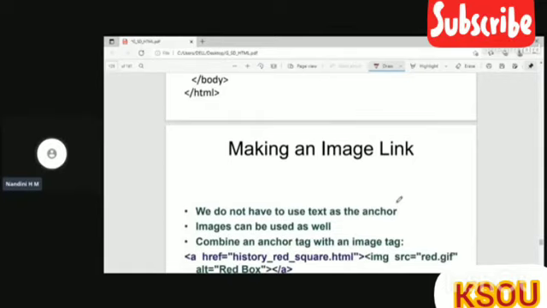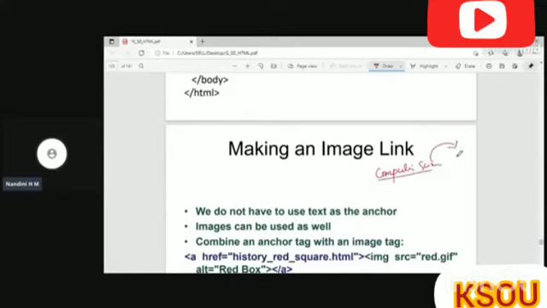So till now, we were discussing how to create a link for a text, right? When you click computer science, this is a hyperlink. When you click this, it will redirect you to some other web page. Suppose I want to give an image link, instead of this text, I have to place an image.